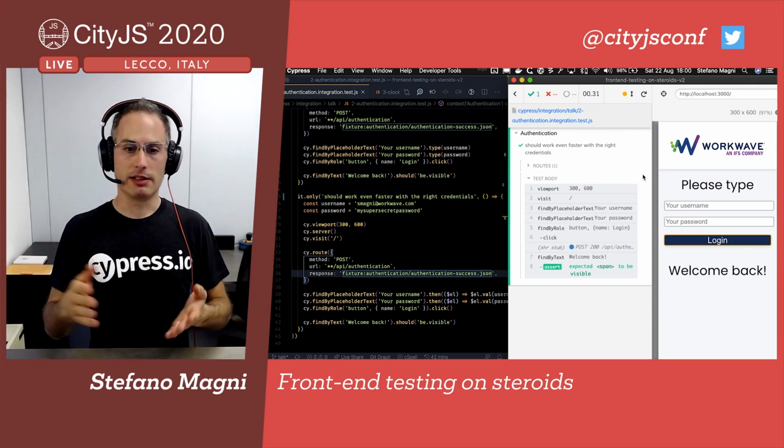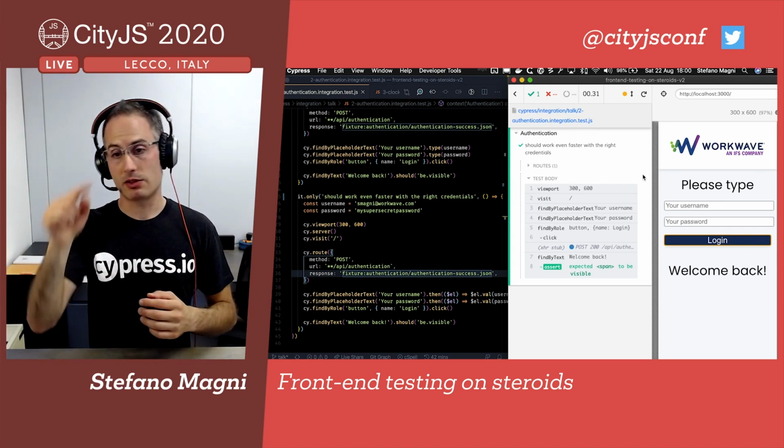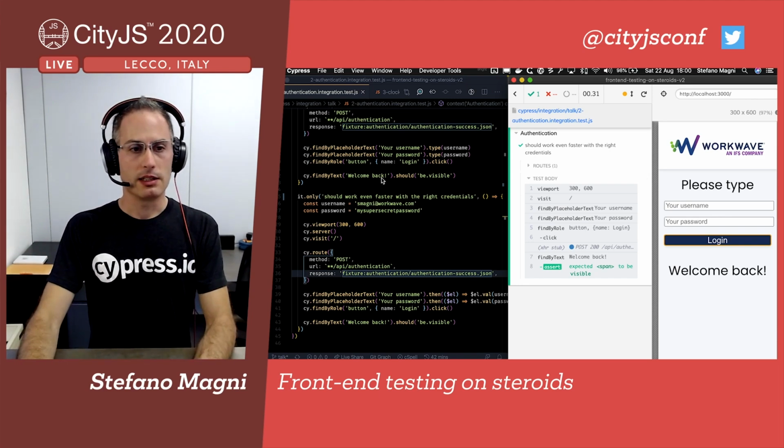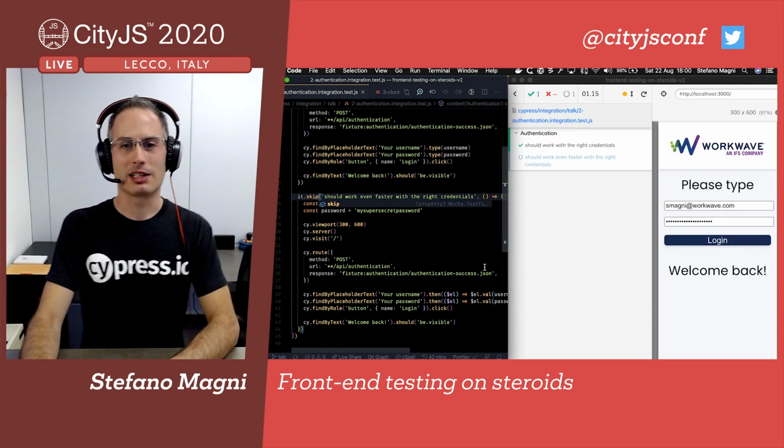Sometimes I can even set directly the value instead of letting Cypress write the whole text letter by letter. But again, I don't want to talk to you about test quality,